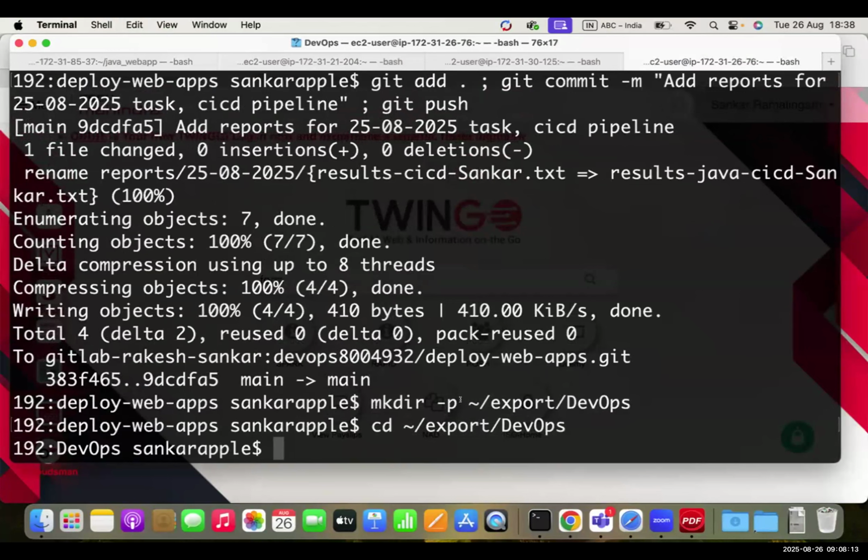One thing is, what is the tilde symbol? Anybody has an idea what is tilde? This is called a tilde symbol. It means